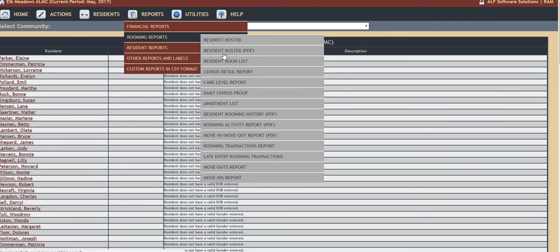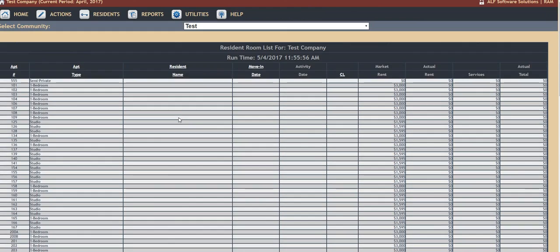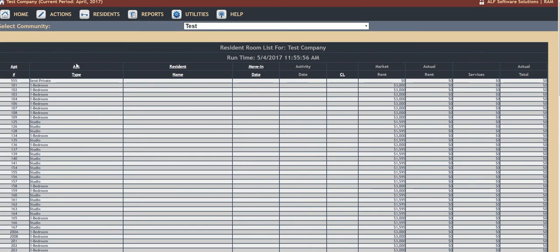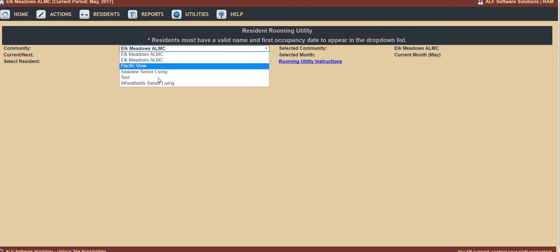So let's take a look at a new resident here. Let's first take a look at the room list for our test community. In our test community we have our current residents here, and what's available is room. Let's pick room 303 as a new resident to move in. Okay, so let's head back into your action. This is where the rooming utility is going to be located. Head into rooming utility, pick the right community,